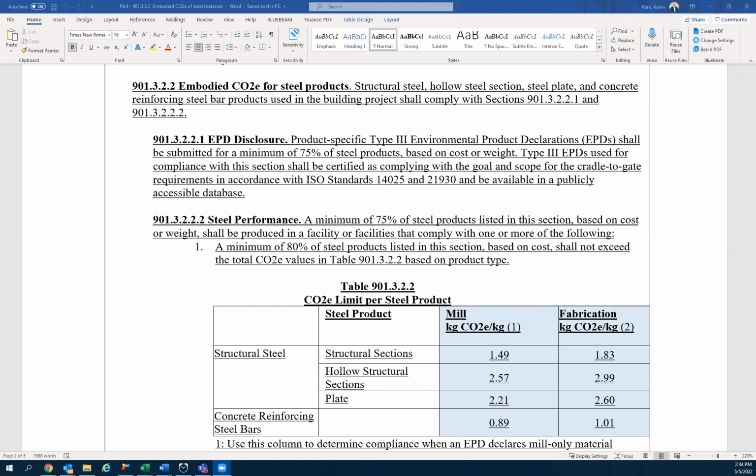I'm trying to think back to my analysis and identifying the EPDs that we reviewed and trying to remember what the production was. And I don't specifically remember seeing many, if any, blast arc furnaces. So I think your assumption is right, is that blast